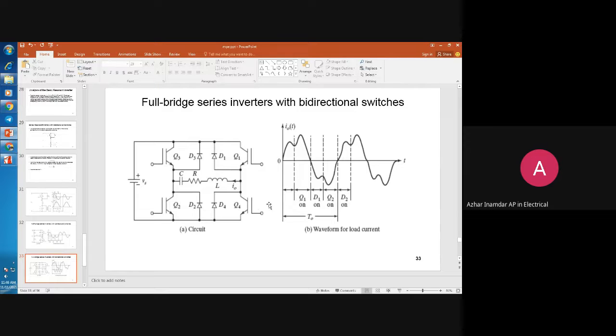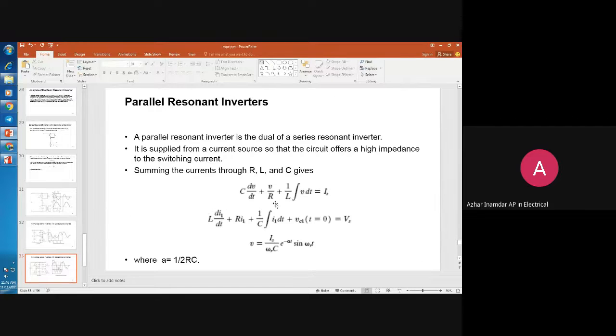This overlapping operation increases the output frequency, and the output power also increases. The maximum frequency of the thyristor inverter, if we use thyristors, is limited by the turn-off or commutation requirements of the thyristor, which is typically 12 to 20 microseconds, whereas transistors require only a microsecond or less. So these transistor inverters can operate at resonant frequency. You can see the diagram here.